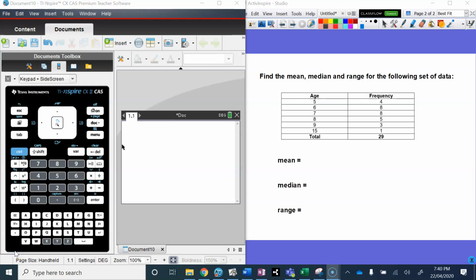Finding a set of summary statistics from a frequency table can be quite easily done on a calculator. So in this example, we've got a list of ages and a list of frequencies that go with them. What would have happened here is that the person has surveyed a group of people and taken down their ages, and then they've grouped all their data together and organised it in a way that tells us that there's